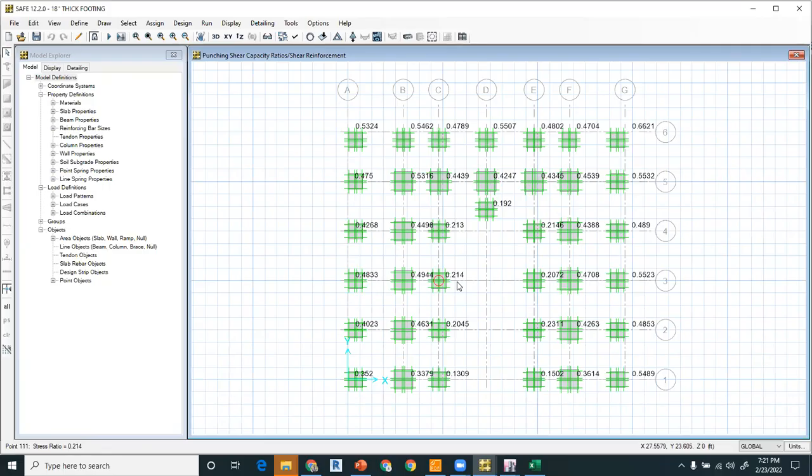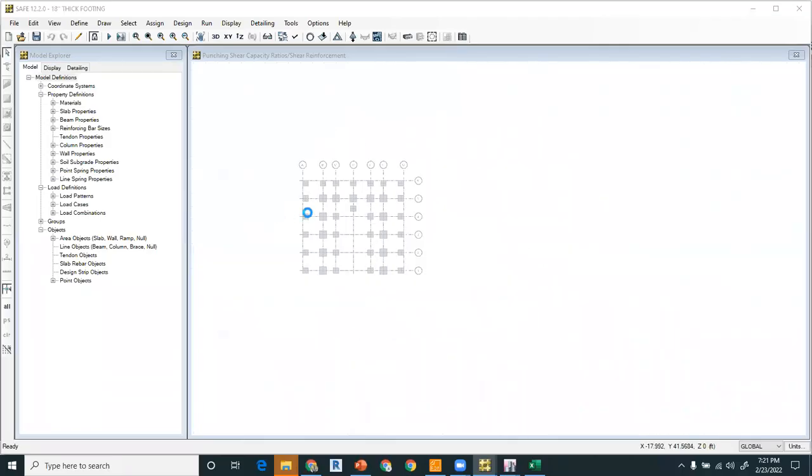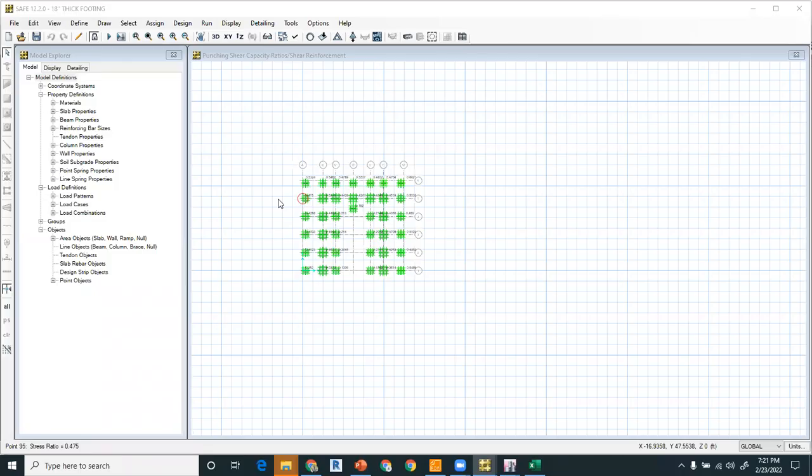ओके सर, थैंक यू। जी, is there any question? So is there no question? So you can work with this